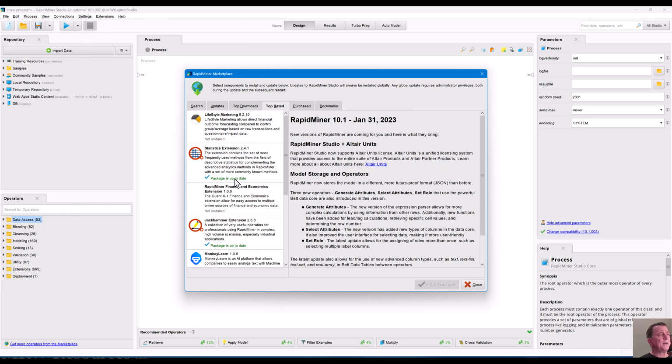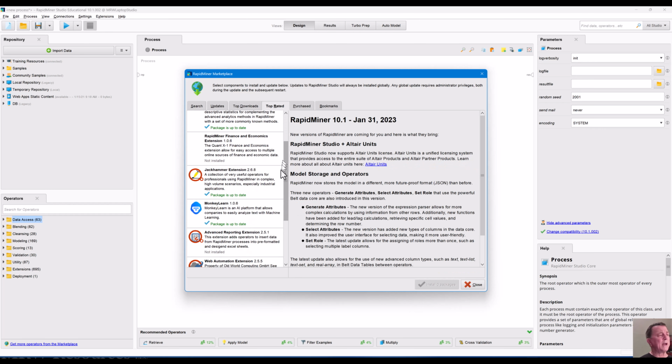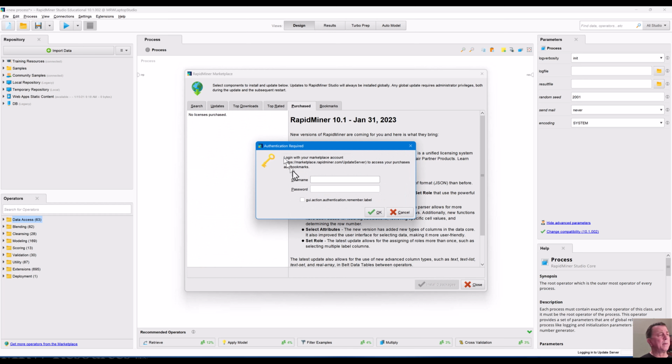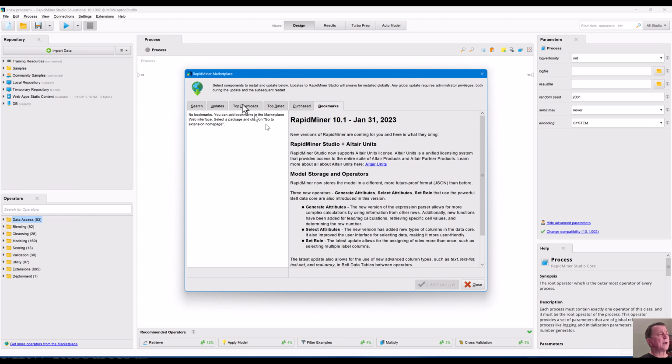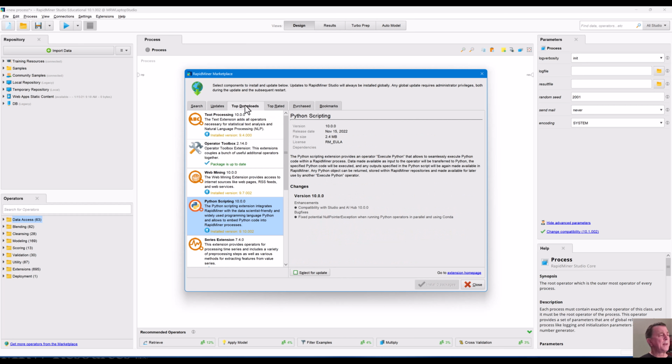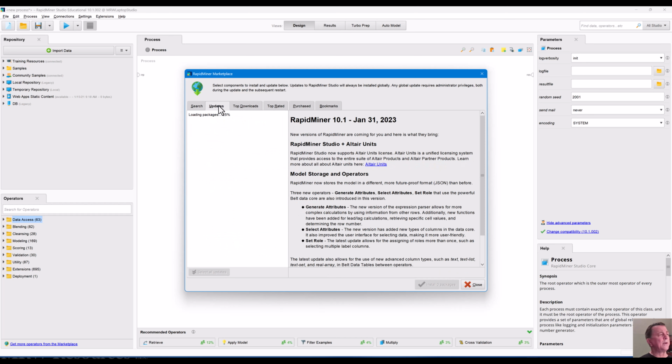There's also, you can see the top rated ones. If you've actually bought any or purchased some, you can see those. You would log into your RapidMiner account to see those. And then same with bookmarks that you can create. All right. So a lot of the top downloads are worth